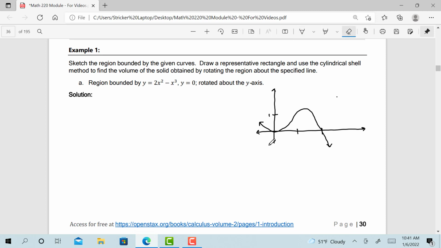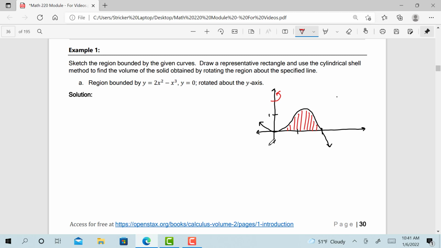Okay, so here is our area, our region, and again we're going to rotate about the